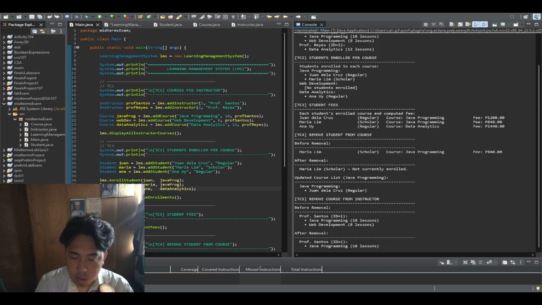Internally, this calls remove course on the instructor object, which removes web development from his list and also sets the course's instructor reference back to null. After removal, Professor Santos only shows Java programming. This confirms that the bidirectional link between instructor and course is also properly maintained.